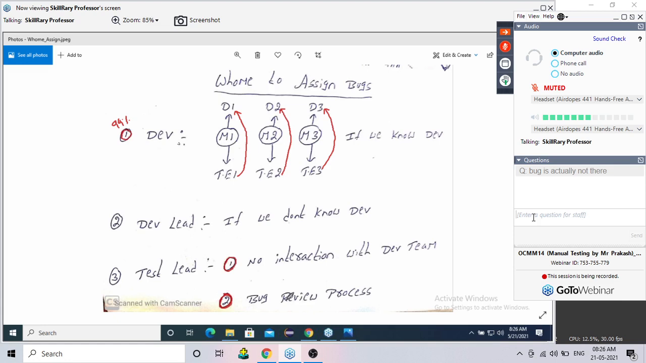Study of the bug. Your lead will review it before sending. The simple answer is my lead will recheck. He will open the bug report and study whether my bug report is right or wrong. If he feels the bug report is right, then he will send it to the developer. I'll repeat. Bug review process means whenever you get a bug, since you are a fresher, you